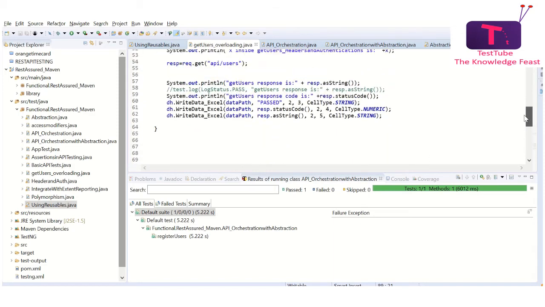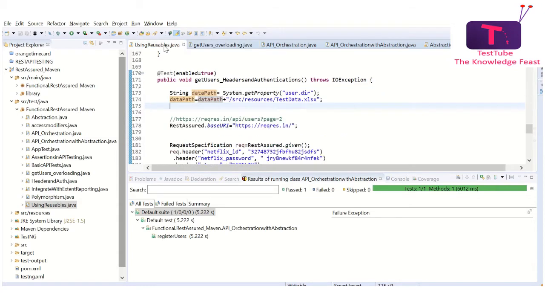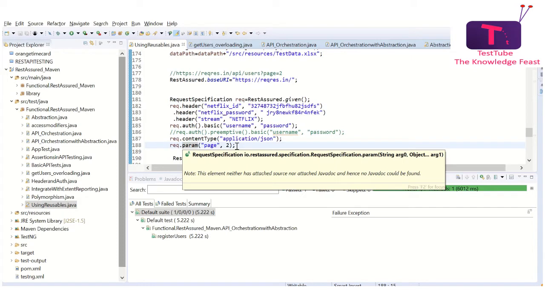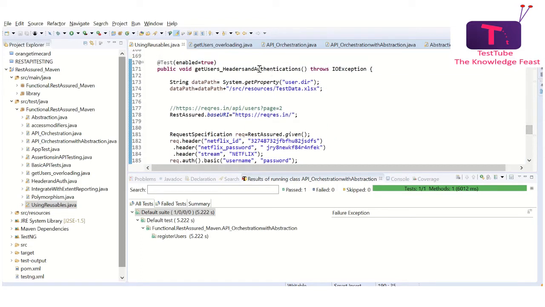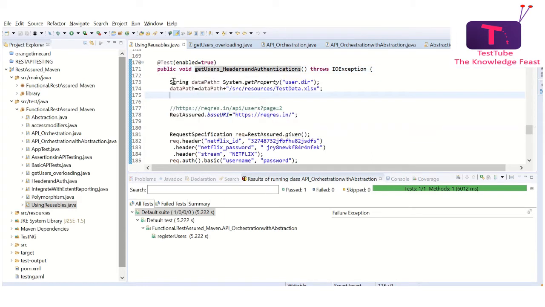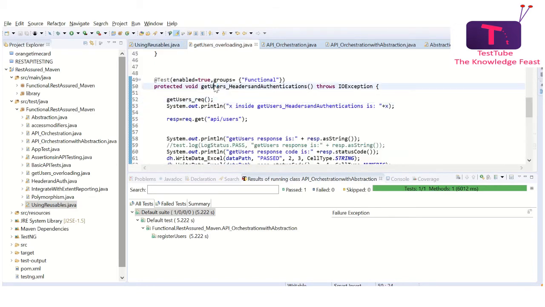This is what is done, but I have done it in a little more refined way. If you see here, inside this method we have prepared the request, and then prepared the header like we have seen here. We have prepared the authentication, prepared the request here, and then called the response. Since we have decided that we are going to use the same code in two different methods, I have extracted this common part and put it in another method